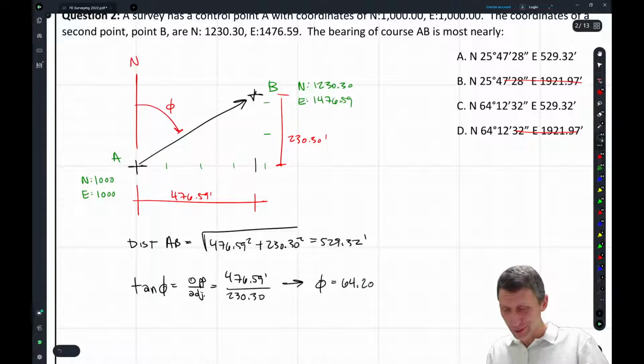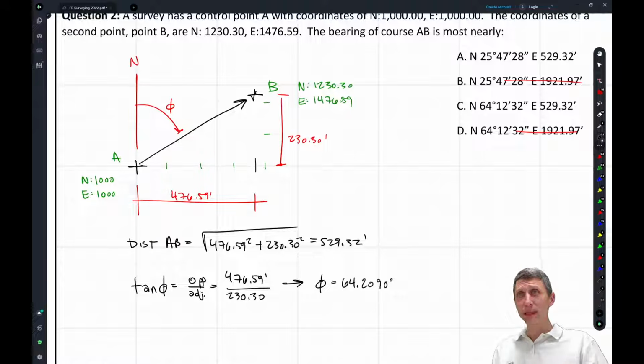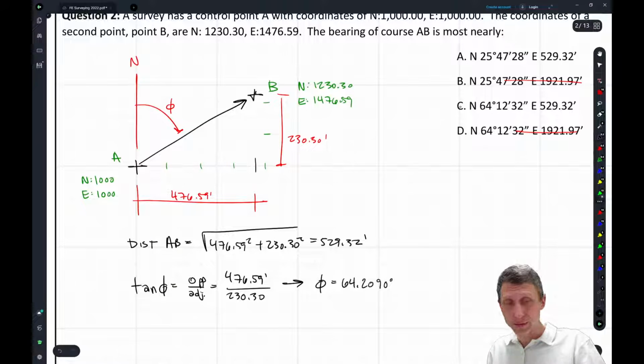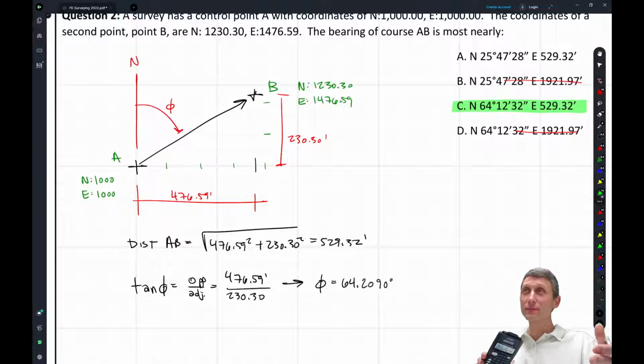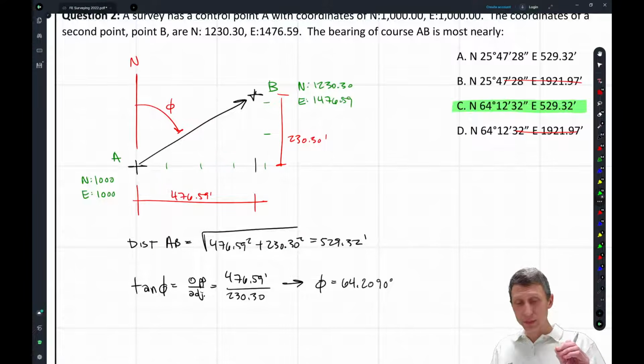I said it right, 2090. Okay, 64.2090 degrees, which is going to match our value here. But again, if we want to go to degrees, minutes, seconds,